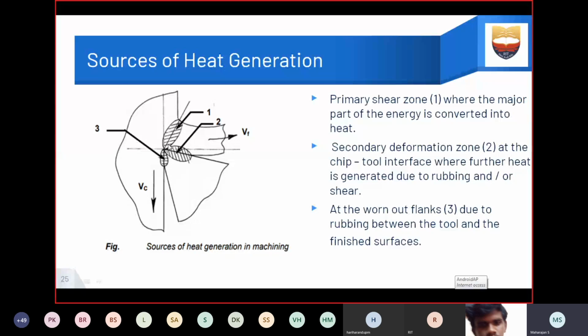The actual heat is generated in the shear area, because the shearing happens. From the microstructural materials point of view, the slipping occurs in this area, and we call it shear. In this area, because of the coefficient of friction between the tool and chip, heat is generated. So the first zone is where part of the energy is converted into heat. The second zone is the tool-chip interface. The third zone is the rubbing action between the flank face and the machined surface. These are the three zones.